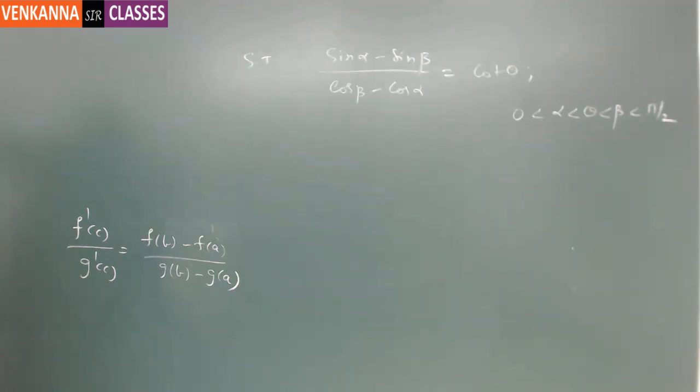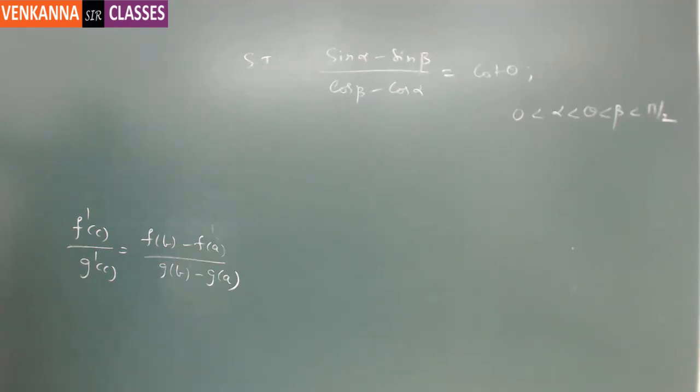If you don't study Cauchy's mean value theorem, on seeing it we may use the properties which you have learned in calculus and trigonometry. Otherwise, if you have studied Cauchy's mean value theorem, then you can just think of whether it is applicable